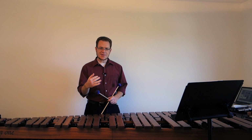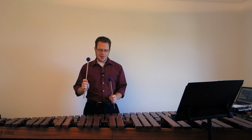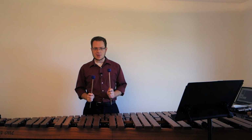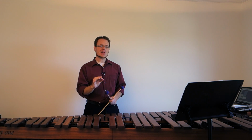So as you can see with the piston strokes, the mallet's rebounded right back up. In fact, at this speed, the mallet will come back and meet the other one before that one even starts to go down. Okay, so the first thing you need to do is practice scales and exercises very slowly